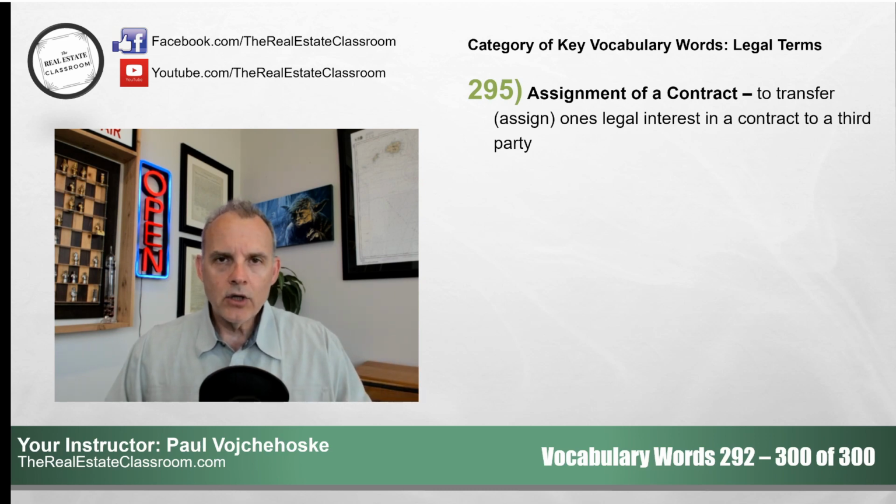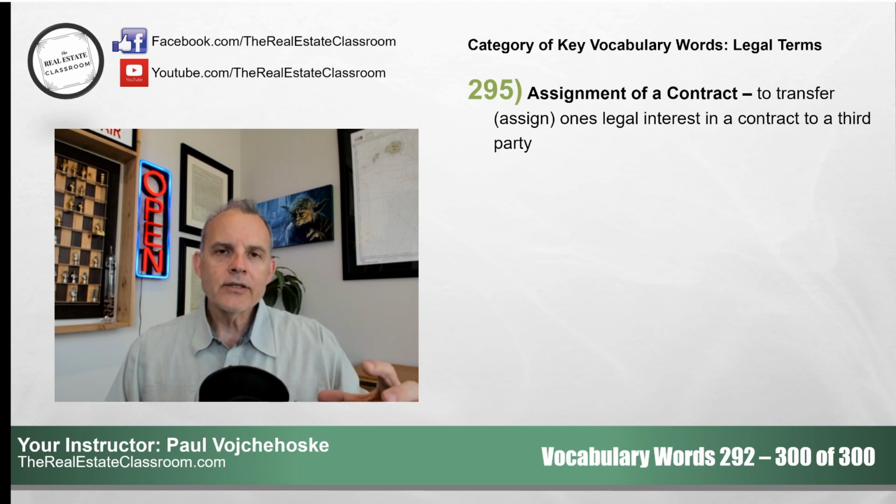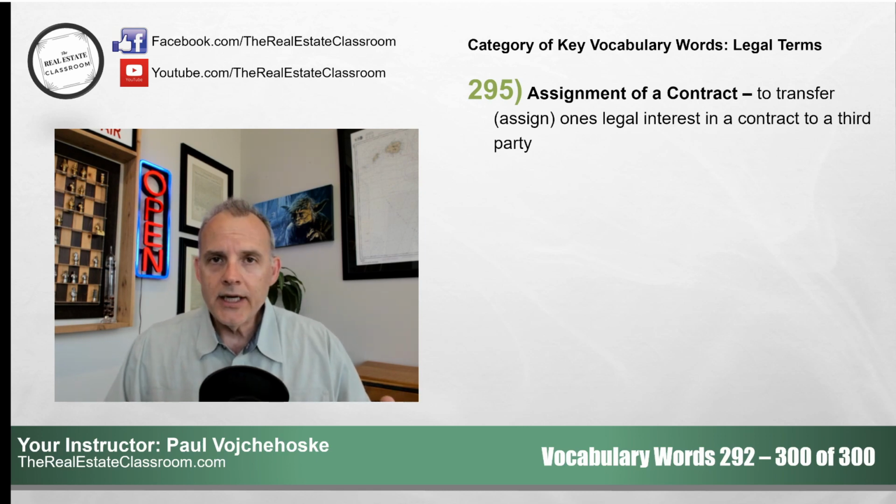The buyer is called the assignor. So the assignor, which is the buyer, just signs an assignment contract, transferring their interest in that purchase contract to their neighbor. Now, you can't renegotiate any terms. The assignee, which is the neighbor, has every obligation to fulfill and complete all the terms of that original